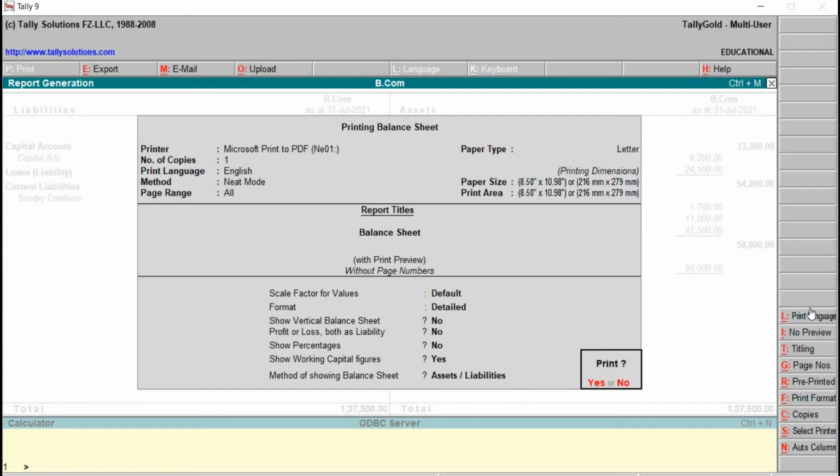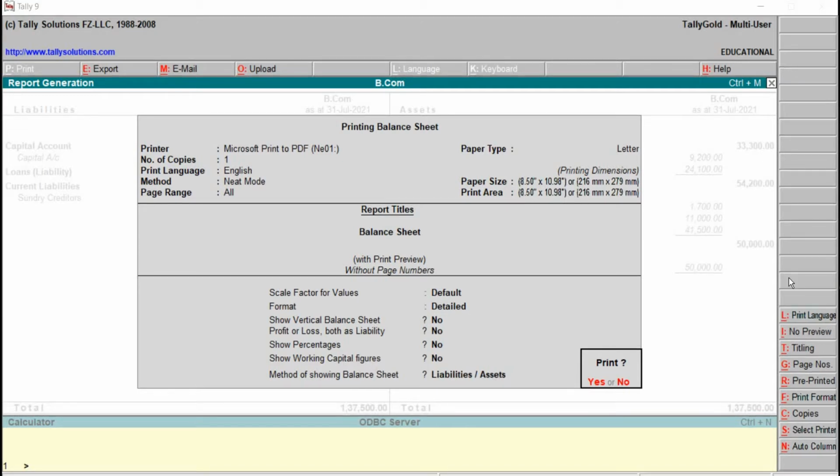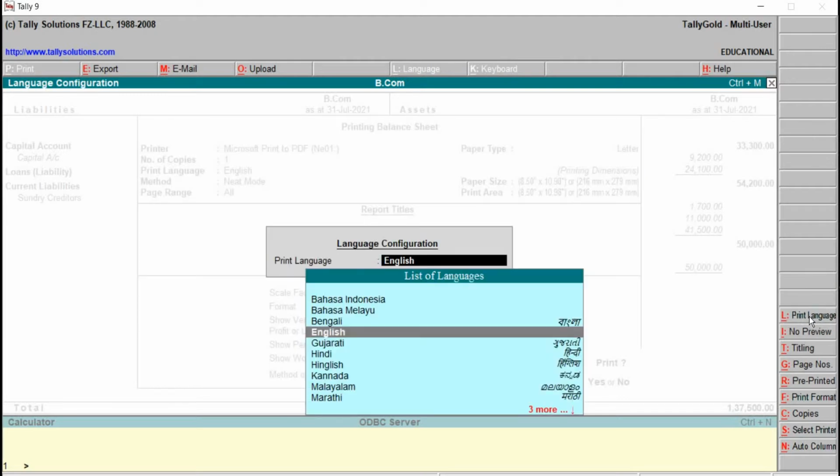Here we have the print configuration options. Now let's see the print configuration options on the bottom right hand side. The first one is regarding print language. Here we can go for changing the language. I just select English right now.